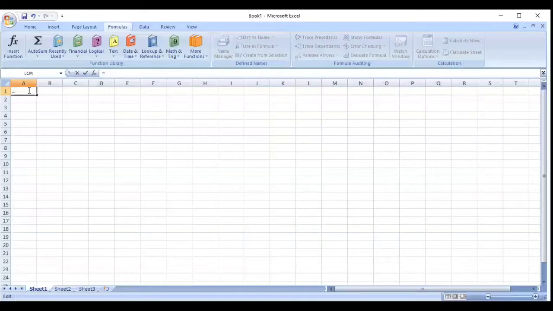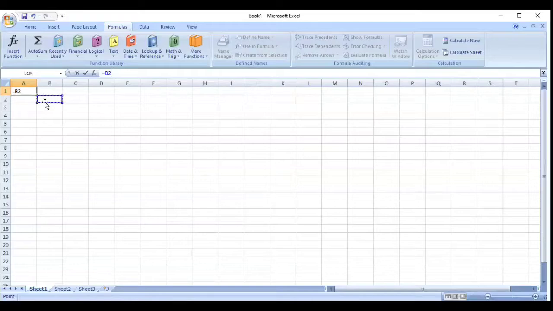Now one cell is the active cell. Equal to sign is there. As I click on the other cell, the dotted border is coming. This is using the pointing method. This is how we make use of the pointing method. And in A1, what is written in A1? The cell where the cursor is moving, where the dotted border is there, the moving border or active border. You are getting B2 written in A1. Why so? Because this is active now. This is called the pointing method.